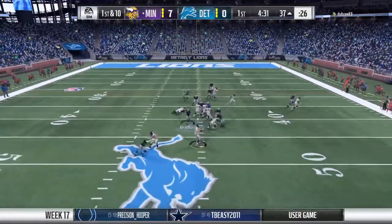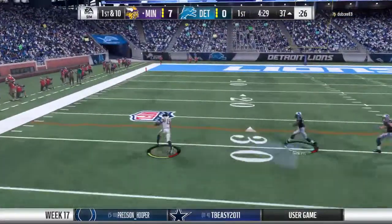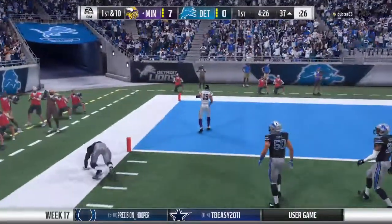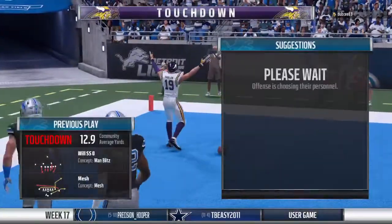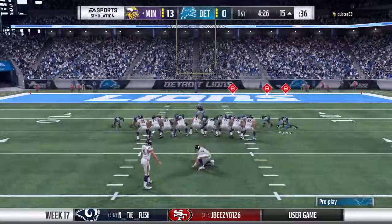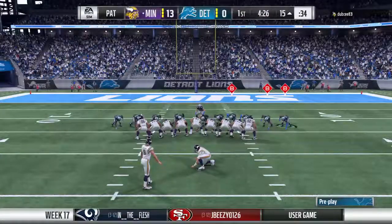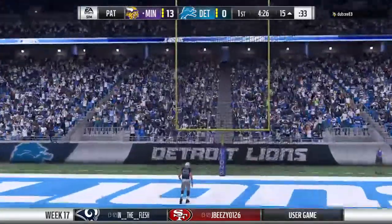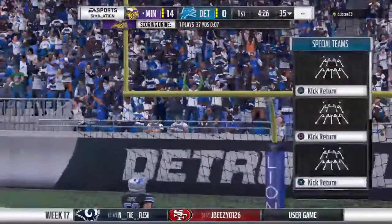On 1st and 10, Bradford. Open here, Adam Thielen. Touchdown, Vikings! Adam Thielen, his 4th touchdown on the year. And the Vikings find a way to stretch their lead. And on that one, able to catch it, also able to have the wherewithal to take it in for the